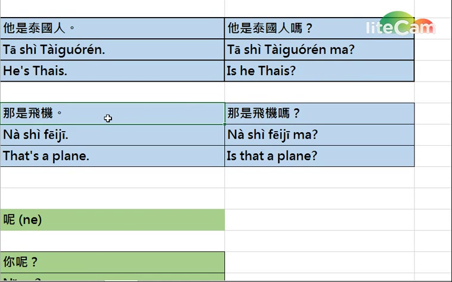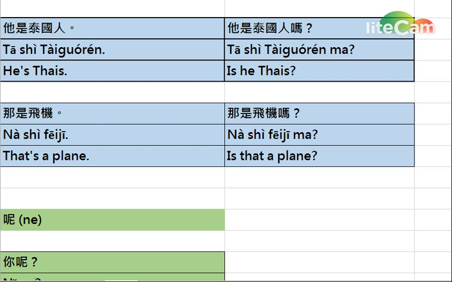And for the last example, 那是飞机. It means that's a plane. If we want to ask the question, is that a plane? We can just add the ma at the back of the plain statement. So the question can be 那是飞机吗？